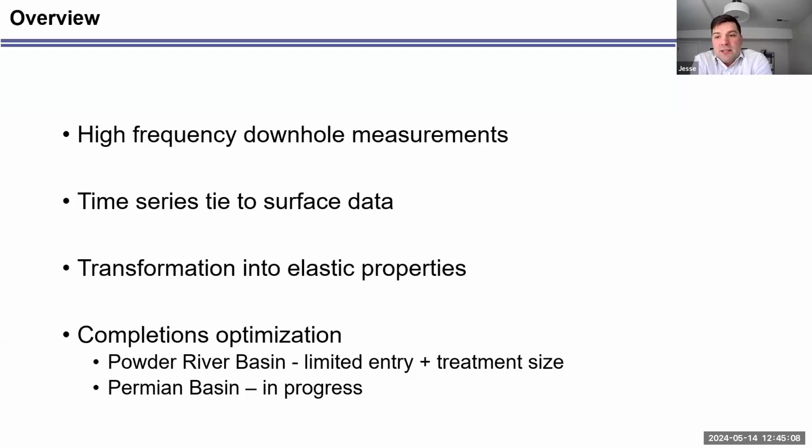One that I'd say is in operations mode in the Powder River Basin. And then in the Permian Basin, of course, we saw a more complicated response, but it's in progress. How we're going to go about helping people complete their wells in the Permian. And with that, I will